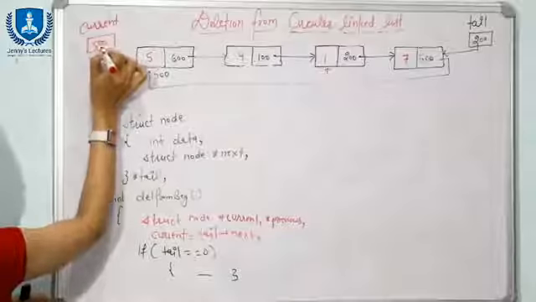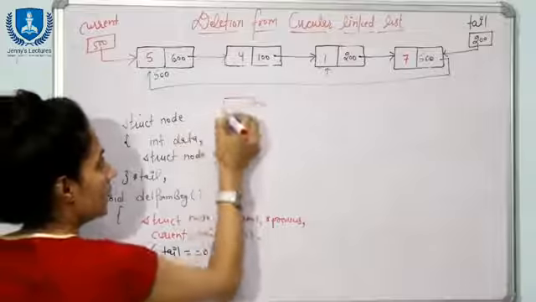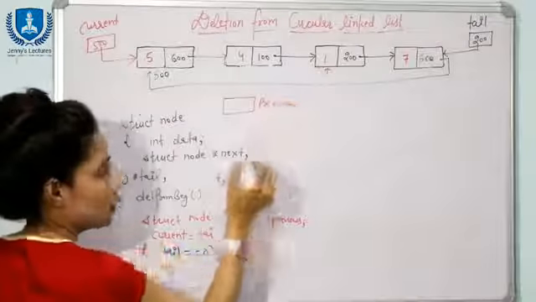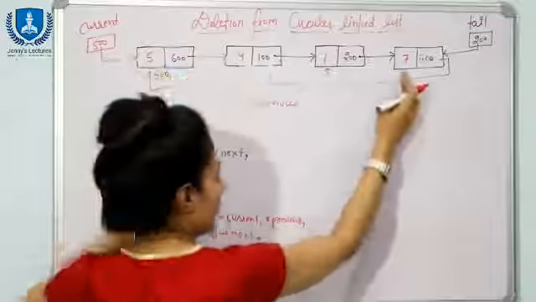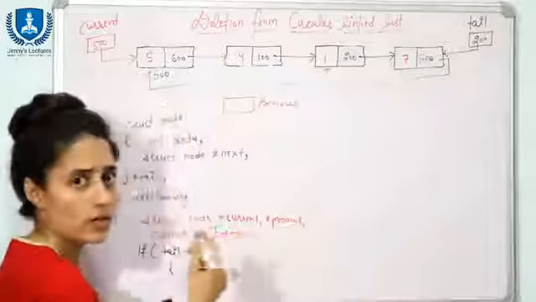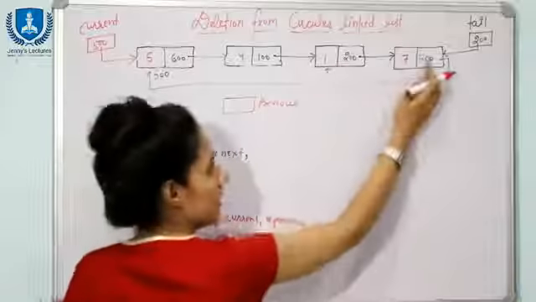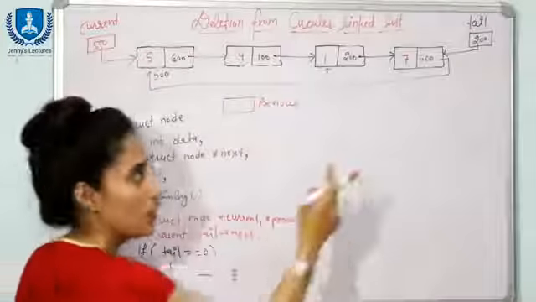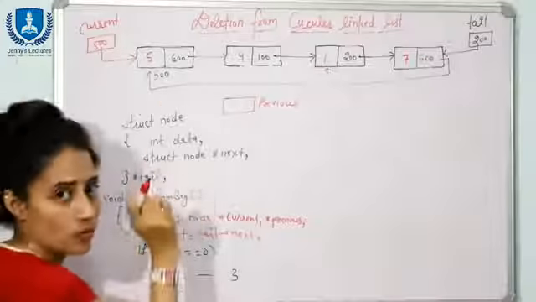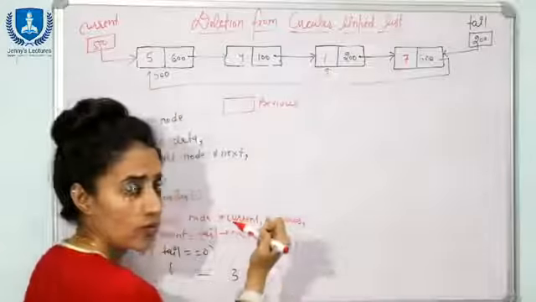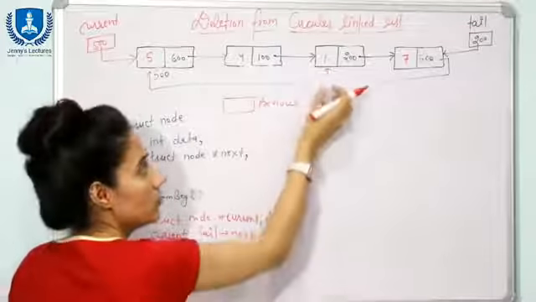So in current we have 500, that is, current is pointing to this node, right? And we have another pointer that is previous, right? So we will move this current. First of all current is this, then this, then this, and then this, and here we are going to stop, because the termination condition is only this condition. Once current of next becomes tail of next, it means we have reached the last node, because tail of next is always containing the address of the first node, right? It means this is the last node, and obviously we are going to store the address of this node also. So in the previous pointer we will store the address of this node.